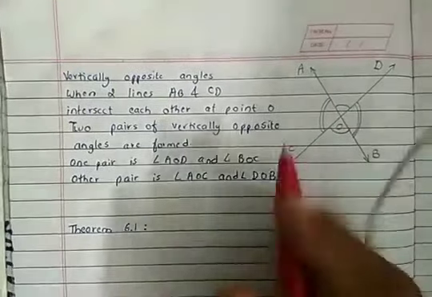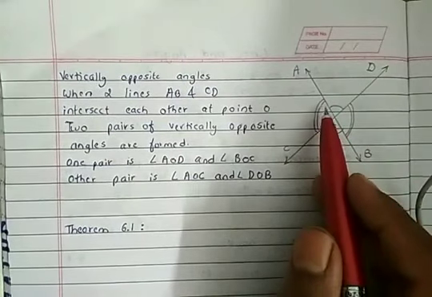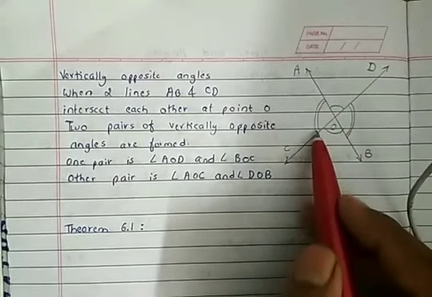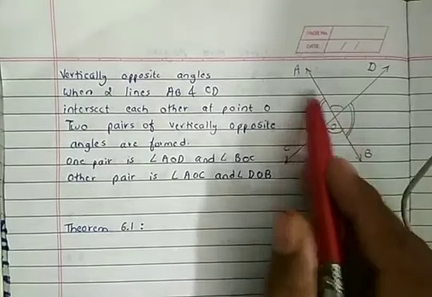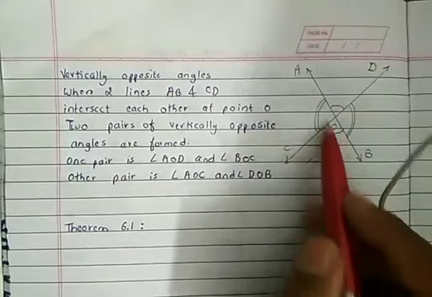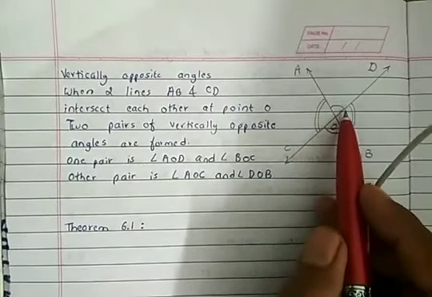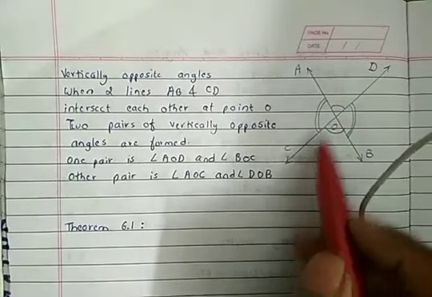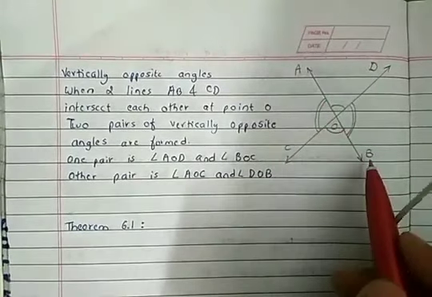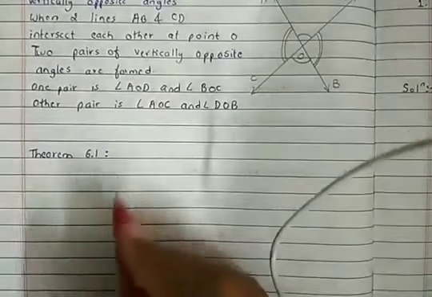You can make out from this figure, I have drawn the two angles which are equal, with the same sign. Here I have drawn two lines, here also there are two lines. So these two angles are vertically opposite angles, and those two angles are also vertically opposite, right? There is one line drawn over here, one line drawn over here. So these two angles are vertically opposite, and these two angles are also vertically opposite, right? Now let us see one theorem.